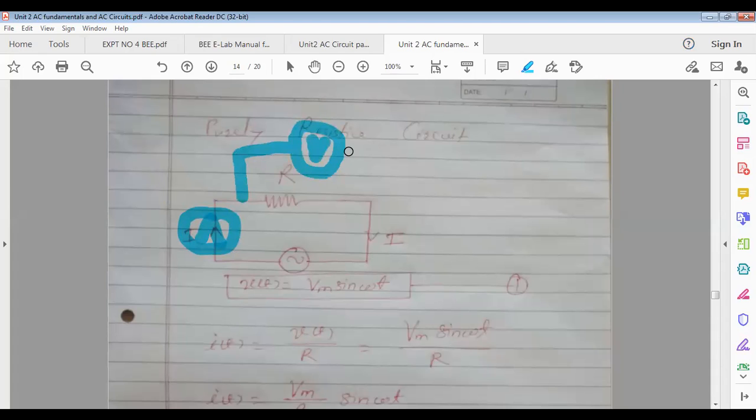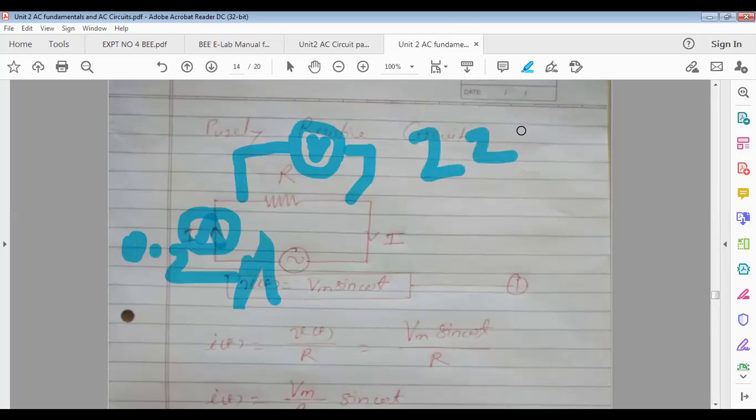Here the load is what? A resistance. Okay, resistance is a load. This is the voltage source, Vm sin(ωt), an AC voltage source. This is the symbol we use for an AC voltage source. Now the ammeter I have connected in series, the voltmeter in parallel. Suppose the ammeter reading is 0.2 ampere, and suppose the voltage is 220 volt. So which values are they representing?